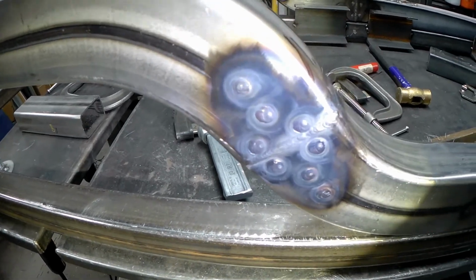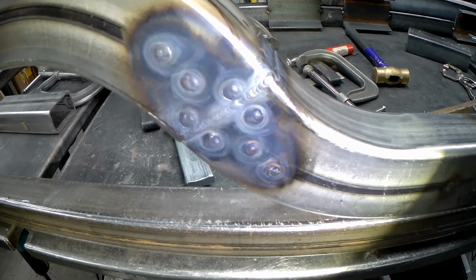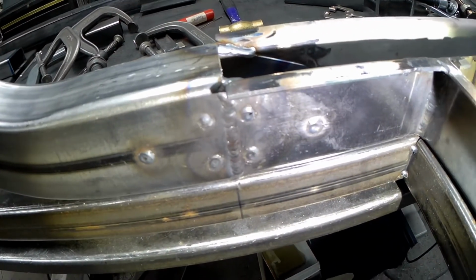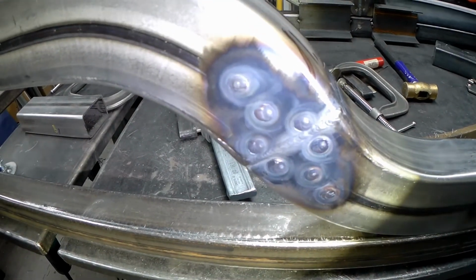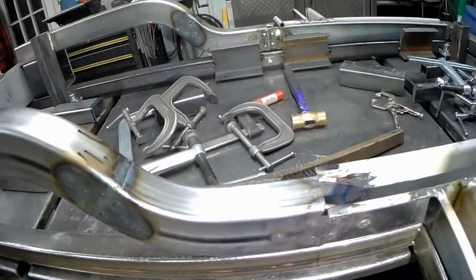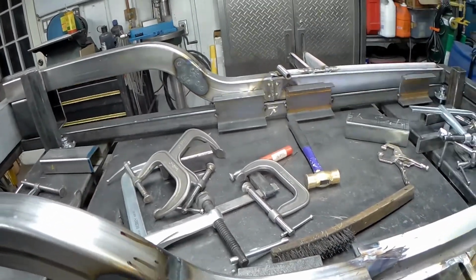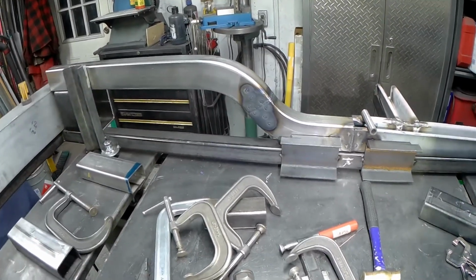I'm pretty pleased. But you can see the difference in the heat affected zone. I wasn't pouring the coals to it when I did that, but look at the difference: MIG just on the caps versus TIG on the caps, or on the buttons. Anyways, it doesn't make any difference at all in terms of the strength of the finished product. It's all just fine. And then